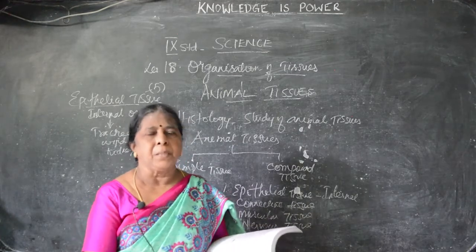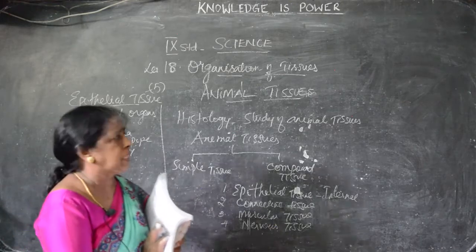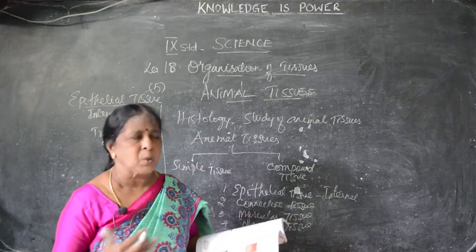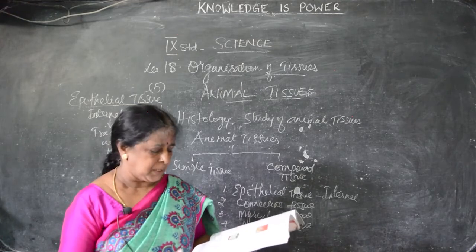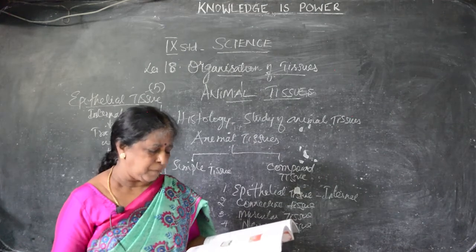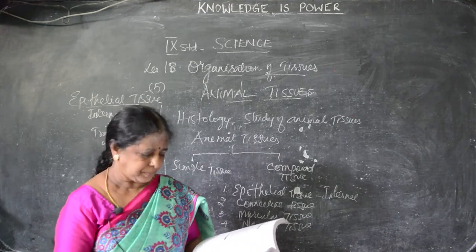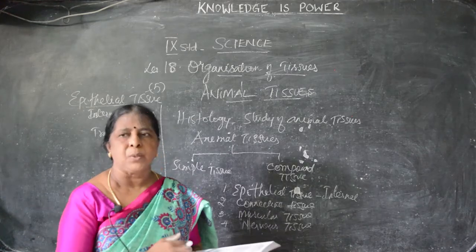This is simple epithelium. Simple epithelium alone, how many subdivisions are there? We have seen 5. Next, we have to see compound epithelium. This is somewhat complex when compared with that. It gives a strong appearance to the internal parts. Mainly it protects the body from mechanical and chemical injuries. Compound epithelium has no subdivisions, only one.